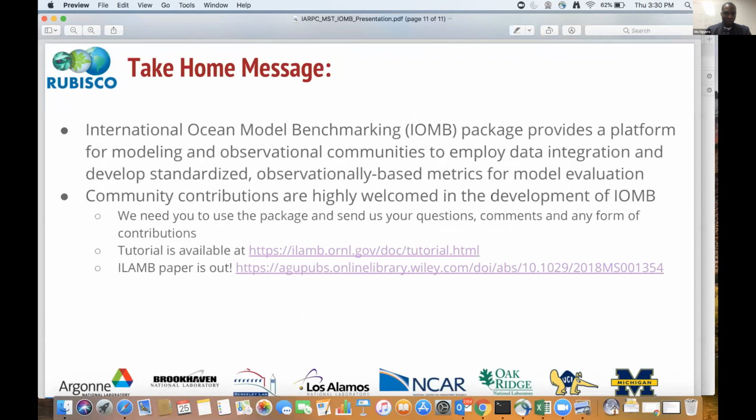I'm just going to end up with this take-home message that the International Ocean Model Benchmarking Package provides a platform for the modeling and observation community to employ data integration and develop standardized observational-based metrics for model development. And the community contribution is highly welcome in the development of IOMB. So here's the tutorial over here, and here's the link to Nate's paper.